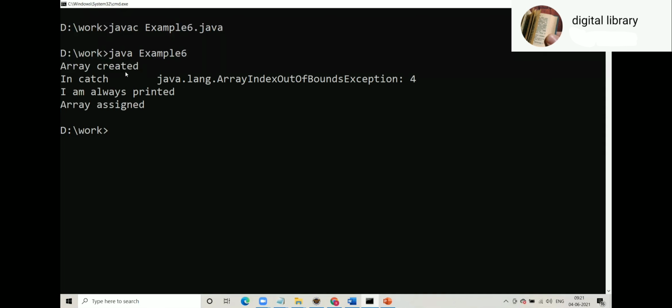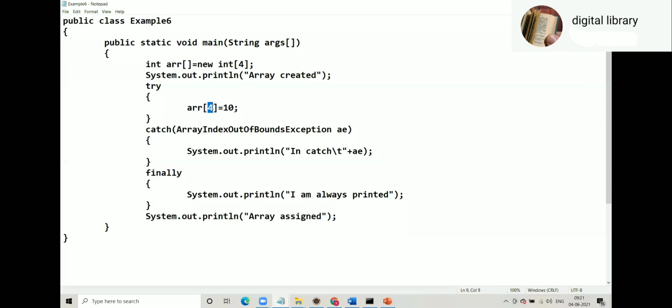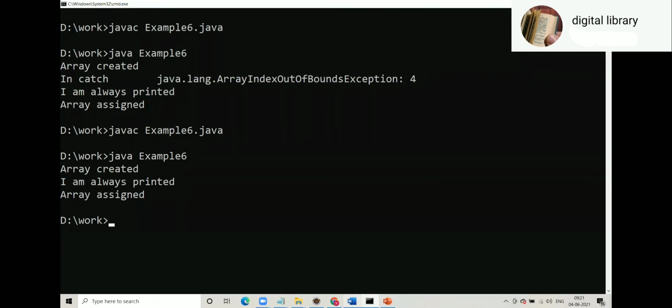See, array created, then the exception came so it went to catch, then finally 'I am always' is printed, and array assign. If I make it 3, what will happen in the case of 3? No exception, so no catch, but finally will get called.